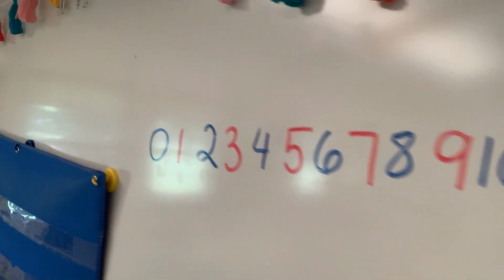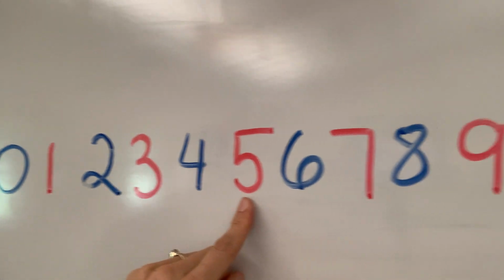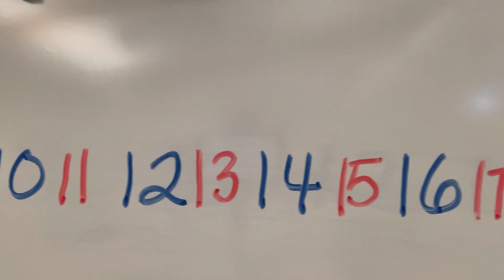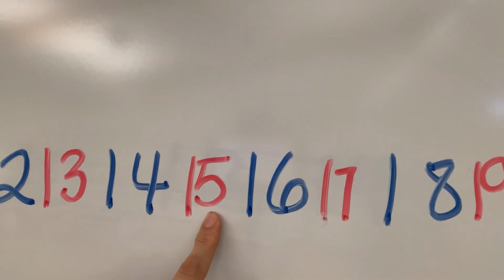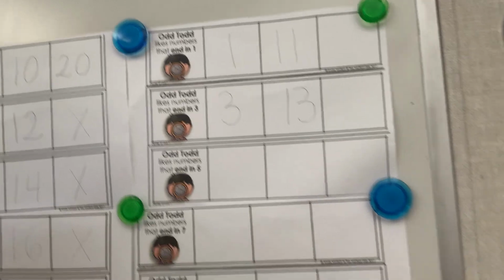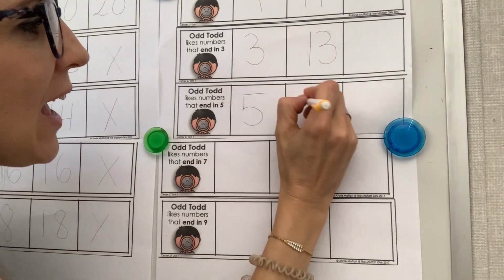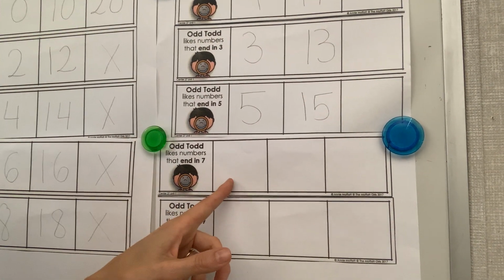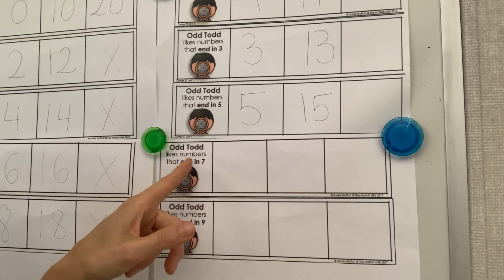Okay, let's look for the number 5. Oh, here it is. And now look to see if there's another number that ends with 5. Do you see it? That's right, it's right here. Good job. So let's write this down. 5 and 15. Good job. And then the last two, Odd Todd likes numbers that end with